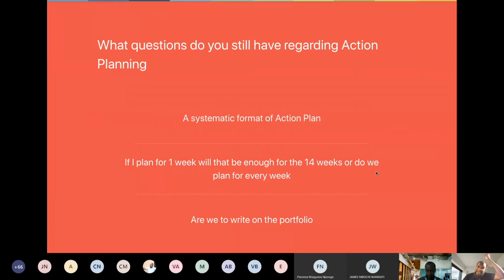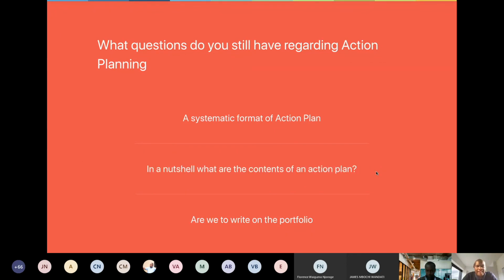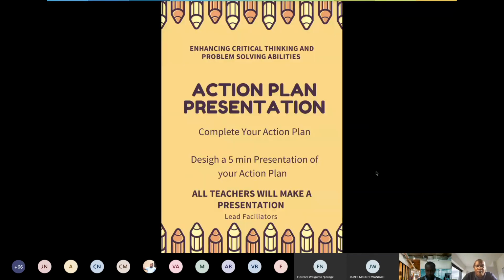So we are coming to the end of this session. And yes, we are going to give you a format. So this is the home task. Sorry for the spelling. You're supposed to do an action plan presentation tomorrow. So what we would like you to do now is to complete your action plan, complete your 5 minutes presentation. Remember, everybody will be given a chance to present,